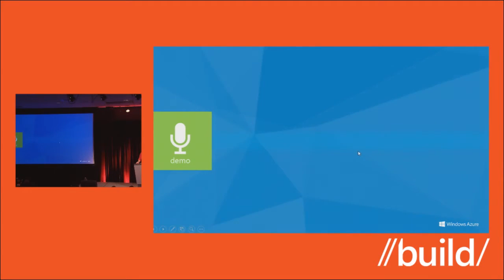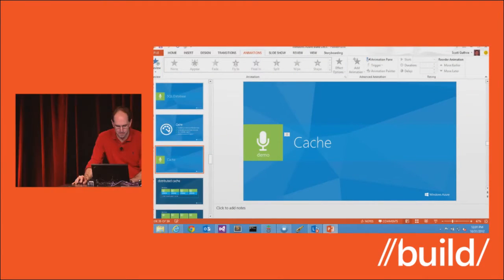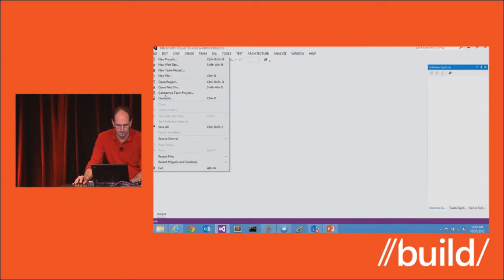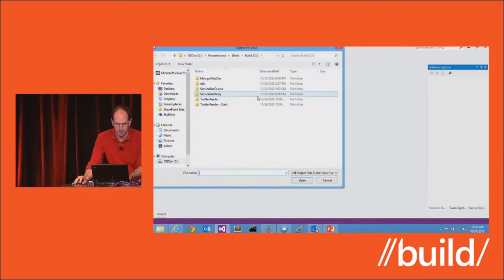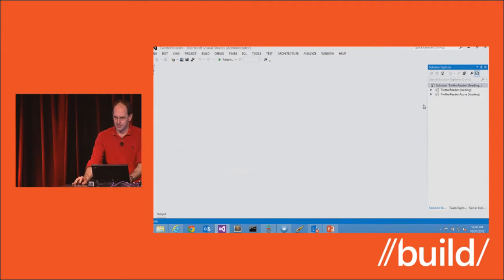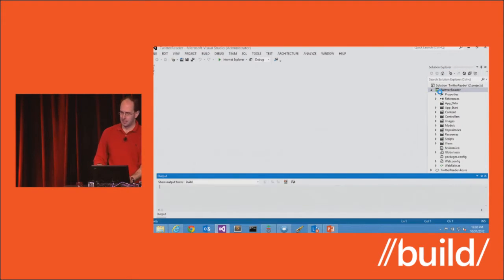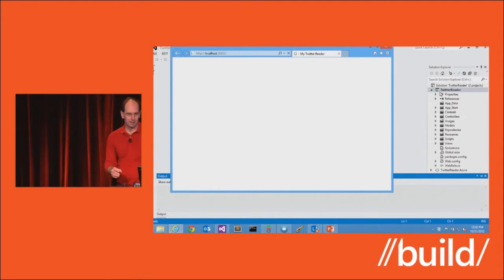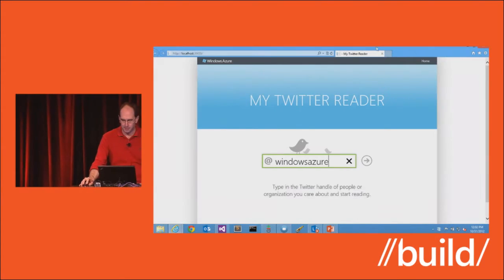So let's do a quick demo of that. Just going to open a project here. And a simple little Twitter reader app. What this does is it goes out to Twitter and displays a bunch of tweets that are happening on Windows Azure. So if I run this now, go ahead.